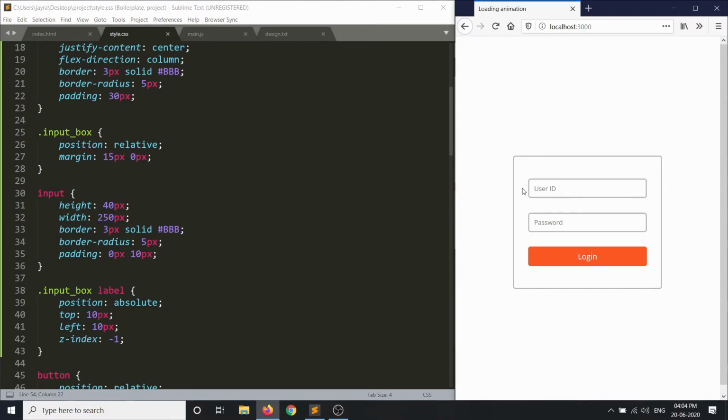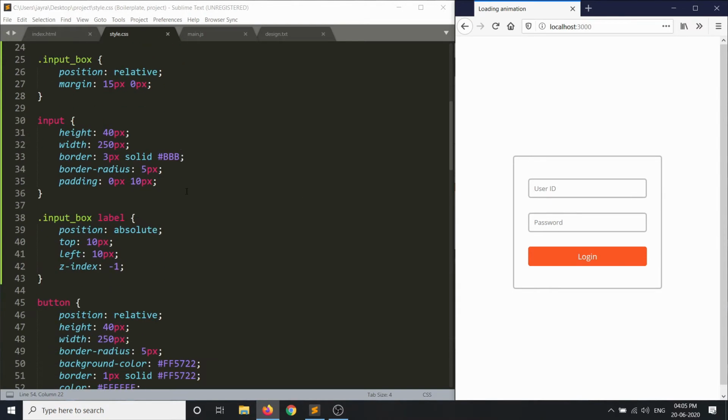Next thing what we want is when we click on the input field, we want the placeholder to disappear because it doesn't look good when you click on the input field and nothing changes unless you enter anything. But just clicking on the input field, and if the placeholder disappears, it looks good. And to do that, we have a very simple trick.